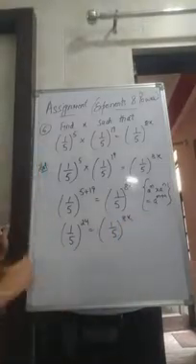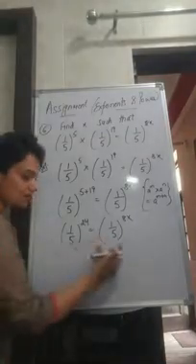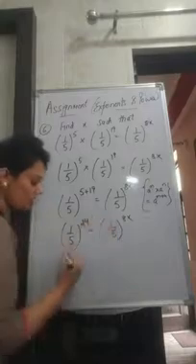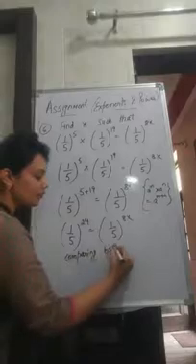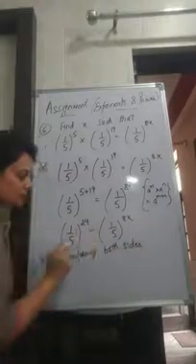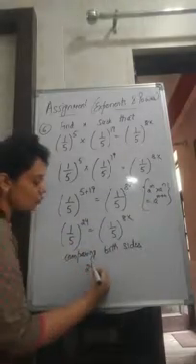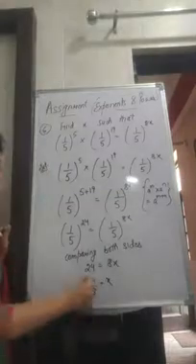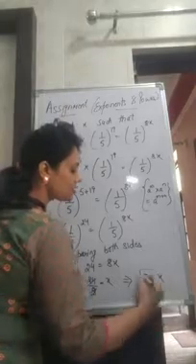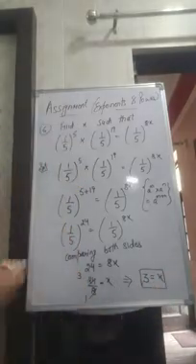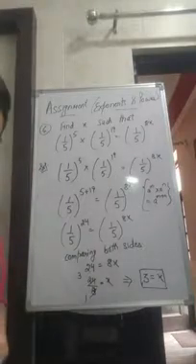Now I have told you that if on the left hand side and on the right hand side we have the same base, then the powers are equal. So comparing both sides, if the bases are equal, then the powers are also equal. So this implies 24 is equal to 8x. 8 ones are 8, 8 threes are 24. This implies the value of x in this question is 3. So this is the method how we have to find the value of x.